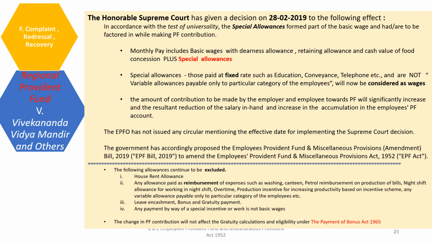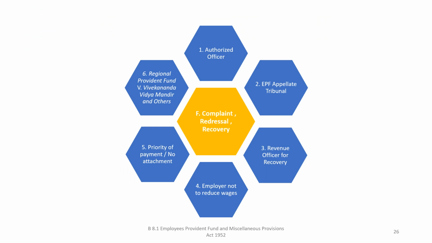There is no circular from EPFO on implementing the decision of Supreme Court, which came in February 2019. However, the government has already proposed the EPF Bill 2019, which, when passed, will amend the PF Act and incorporate these things. The implication will be there will be more financial outgo for the employer towards the various provident fund schemes. As we have seen, the complaint return